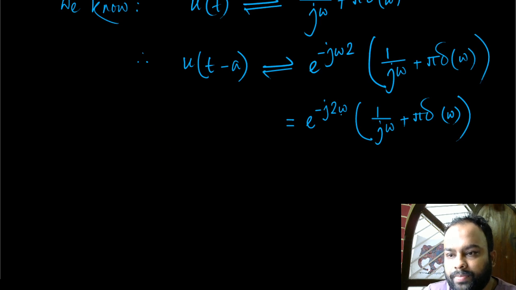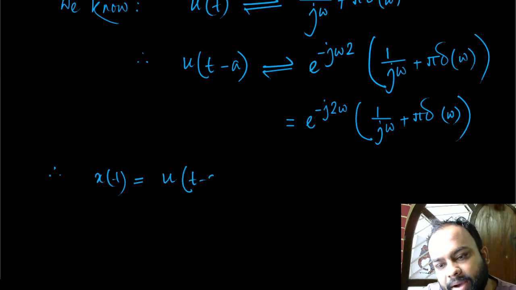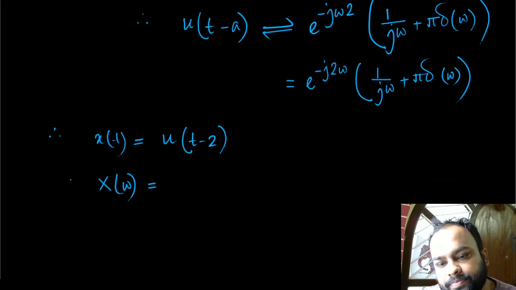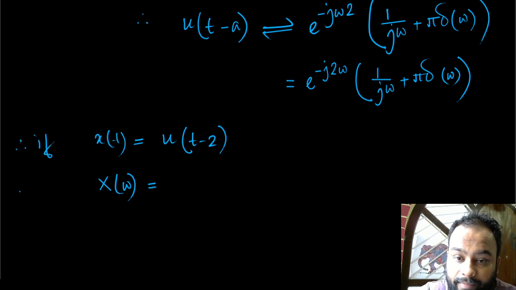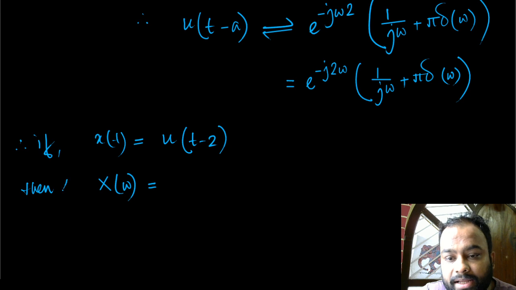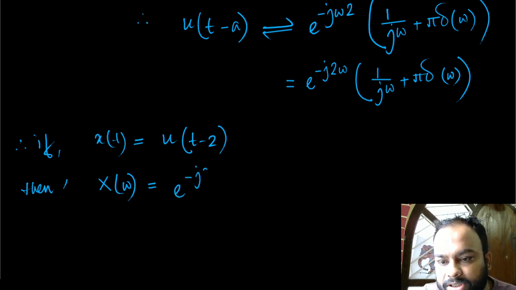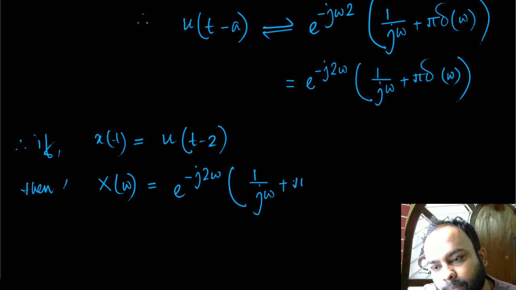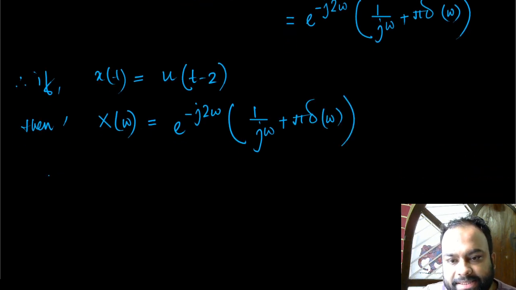So again, that's the Fourier transform. If the signal x(t) is u(t minus 2), therefore if the signal is the delayed version of the unit step, then the Fourier transform is e to the power minus j 2 omega times 1 by j omega plus pi delta omega, right? But just as an example,